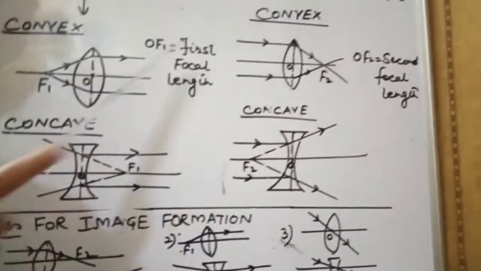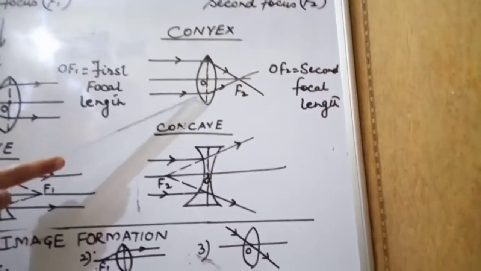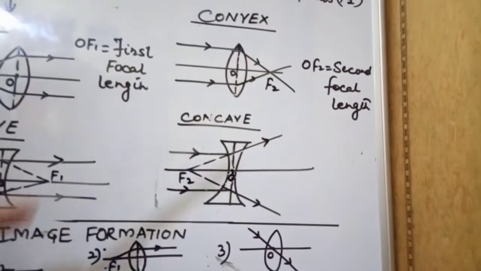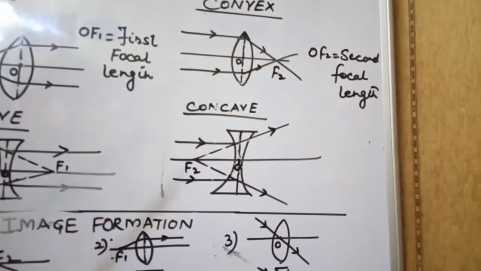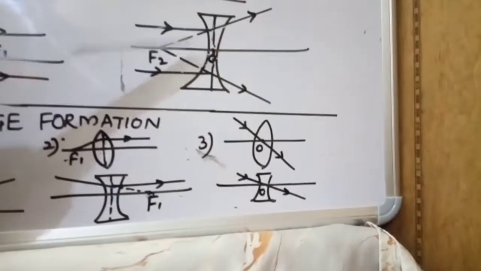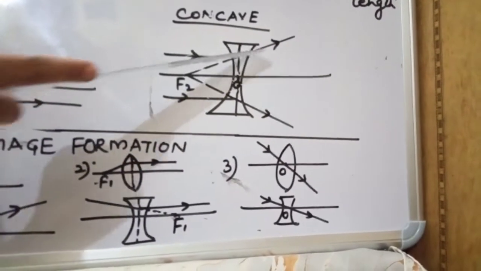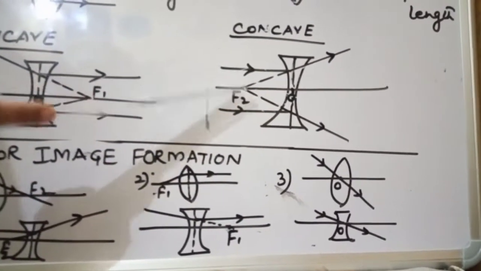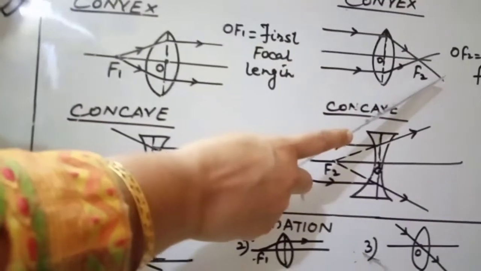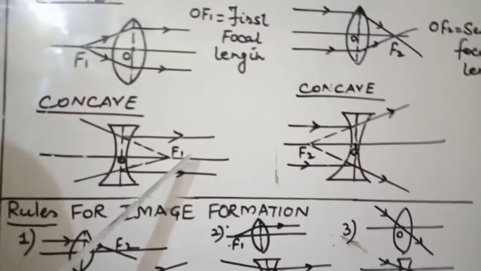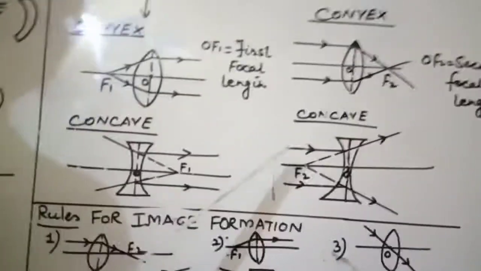Now come to the second focus, the reverse of this. Here the ray comes parallel to principal axis. After refraction it should pass through one point that lies on the principal axis. That point is called second focus. In case of concave lens, when any ray comes parallel to principal axis, after refraction it appears to meet at one point on the principal axis. That is called second focus. Remember that for convex lens the first focus is on the left hand side and second focus on the right hand side, whereas concave is the reverse. In case of concave, first focus is on the right hand side, whereas second focus is on the left hand side.